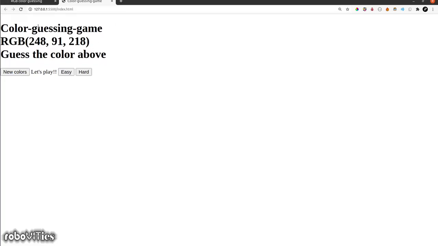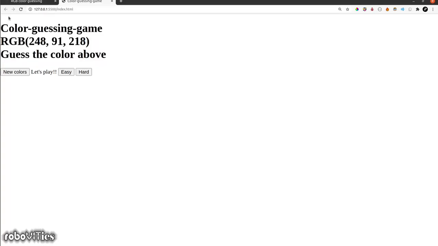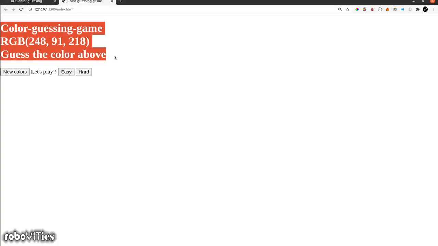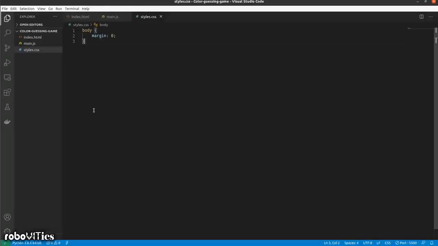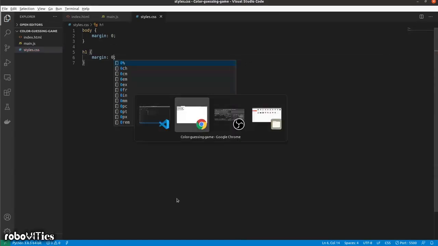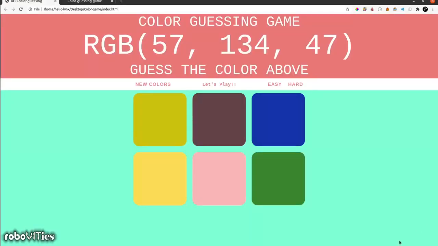So why is that? The h1 tag that you had over here has its own default margin and padding, which is why you have this top space. But originally the body is going to have a margin of 0. So if I somehow remove the margin for h1, I would be able to make it stick to the top. So let's do that as well. Let's give our h1 tag a margin of 0 pixels. Save it and let's see how it looks. Well, we did it.